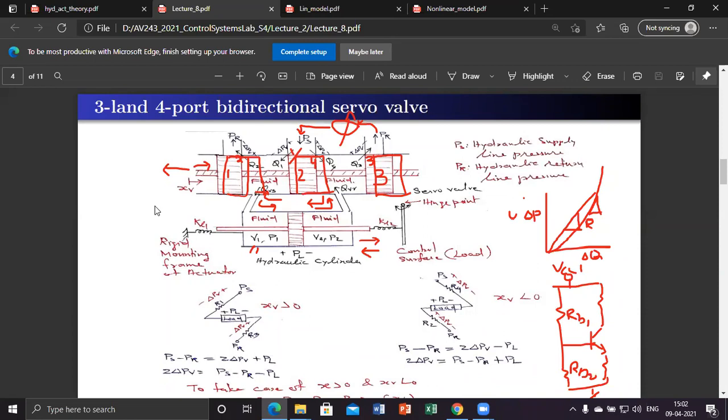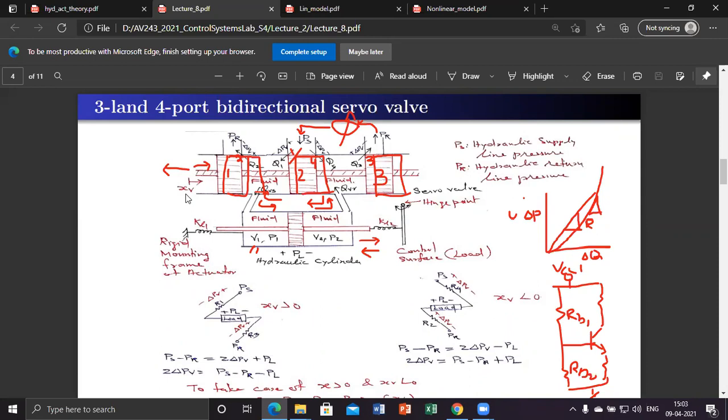The position error will pass through some compensator, and the compensator output will produce some signal. It can be a voltage signal. Normally we process everything as voltages, a voltage signal between plus or minus 10 volt. That control voltage has to be converted into mechanical motion. For that purpose, definitely we have to use some sort of motor. Now you are talking about a hydraulic system, hydraulic motor, but this is a low power case. Definitely the option is we can go for an electric motor.